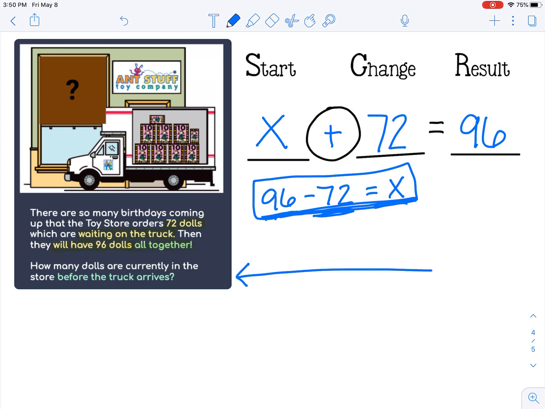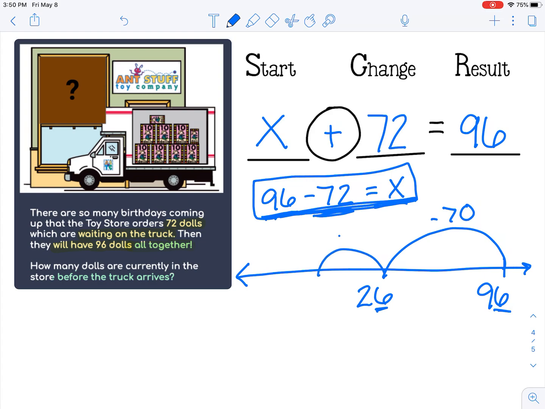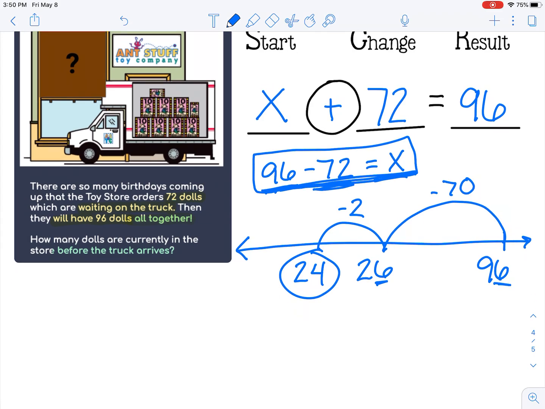So I'm going to do a number line. And again, the larger number always goes on the right-hand side. And I'm going to work backwards. I know that 9 minus 7 is 2. So I know that 96 minus 70 is going to be 26. You don't want to forget about the ones there. I just subtracted from the tens. Then I can just subtract 2 more. And then my answer is 24. So now, since X equals 24,